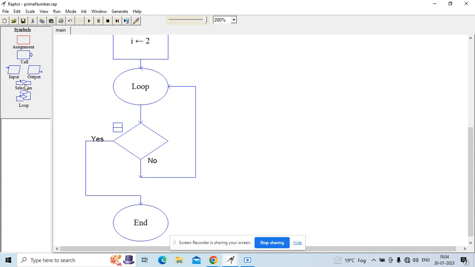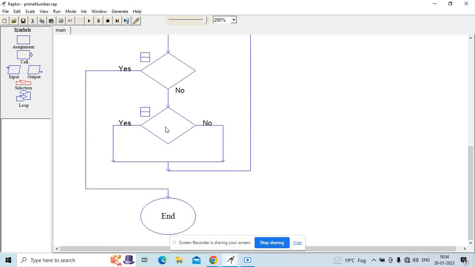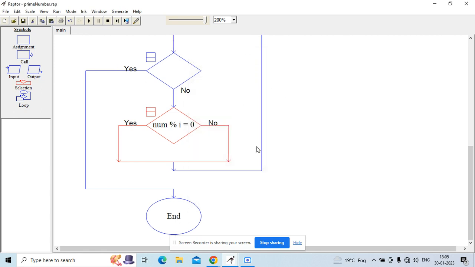What I basically want to do is branch here. I want to do something like an if else. And in that scenario, I will need a selection box or a selection symbol, which I have selected right now. And now I can do my checking. So let me do num percentage of I. If my num percentage I is equal to 0,